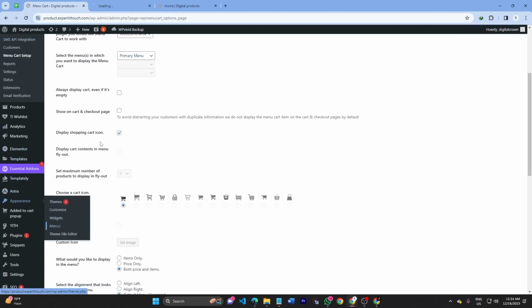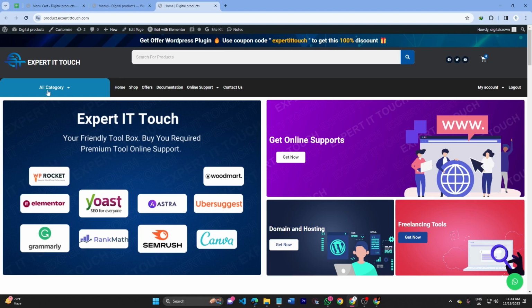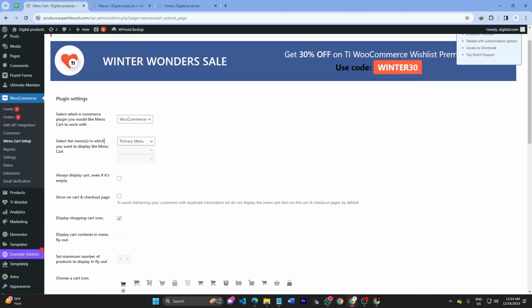Appearance, and go to Menus. And here you can see I have already made three menus, that is left side menu, right side menu, and primary menu. These are the left side, this is the right side, and this is the primary menu. And I would like to display over here. So go back to our menu settings, and I would like to display on the primary section, primary menu,